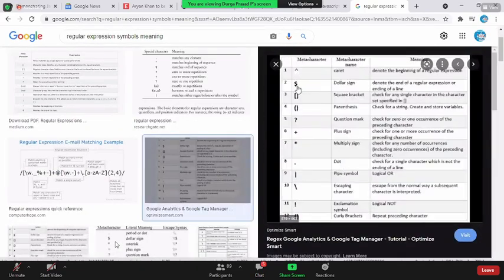Okay. If you see here, what all the things which are having a meaning? Asterisk, multiple things, dollar, which indicates the end of the regular expression. That is the reason we are handling this. In the same way, the cap symbol also has a predefined meaning, so we need to handle that. These are all characters which already have a meaning.